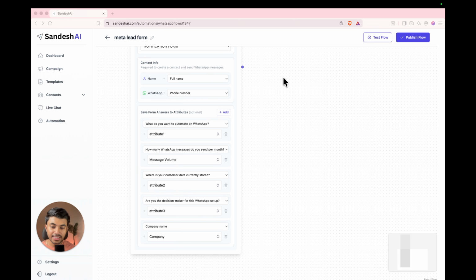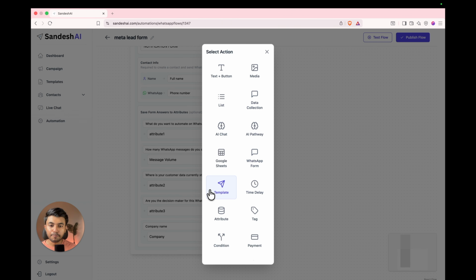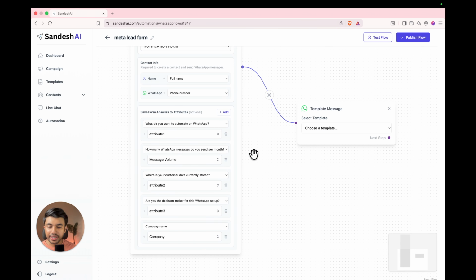You can only send the approved message from Meta, and these approved messages are called WhatsApp template messages. So here we will add the template node. Drag this indigo dot to the right and select the template node here. These are all the actions which you can perform, but for this we'll use the template node. If you haven't created a template yet, don't worry, you can easily create a template by clicking on this template